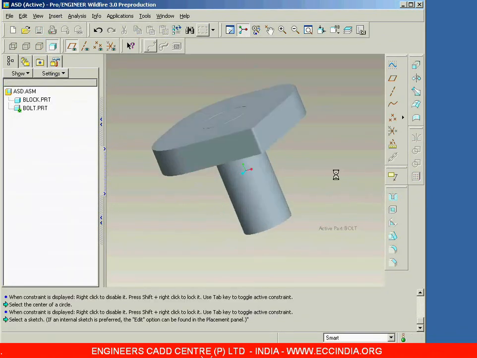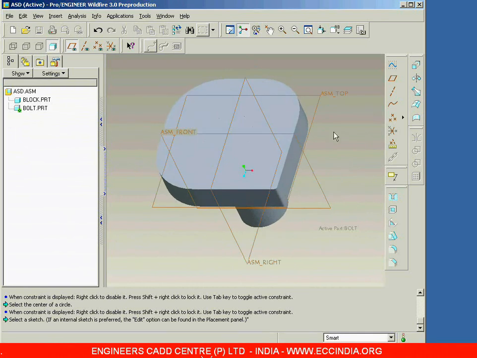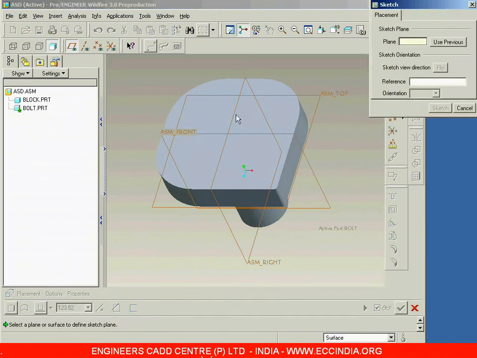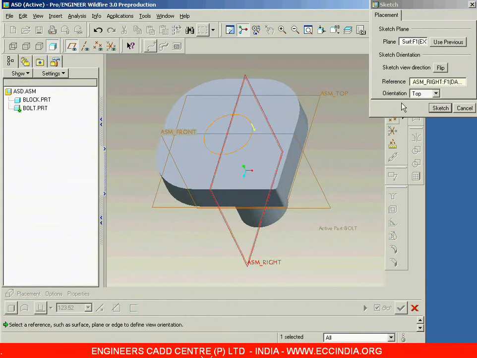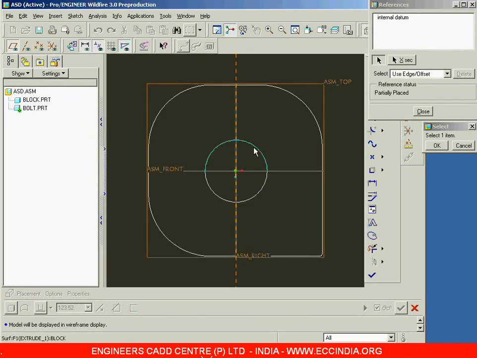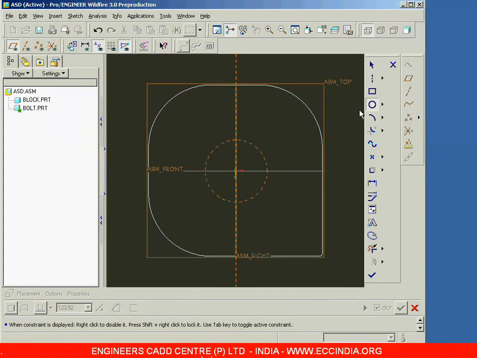And after creating this stud, now I am going to create here the head for this bolt. To create the head, once again I am going with extrude, placement, define, and now I am selecting the top surface of the stud as the sketching plane. Then you can select the reference and orientation and go with sketch. Now again here I am selecting the cylindrical surface as reference, because from the same center point here I am going to take one circle, and this circle I am going to use as reference to create a hexagonal head